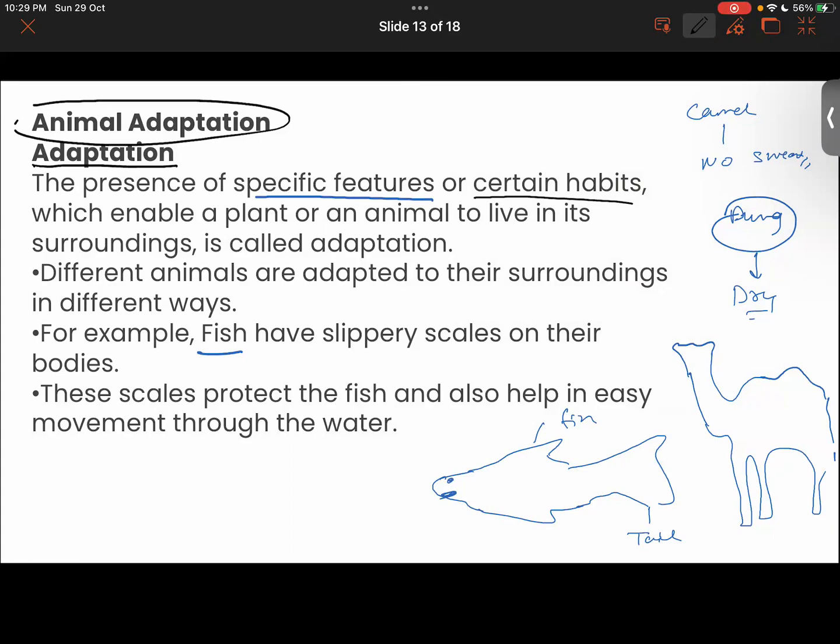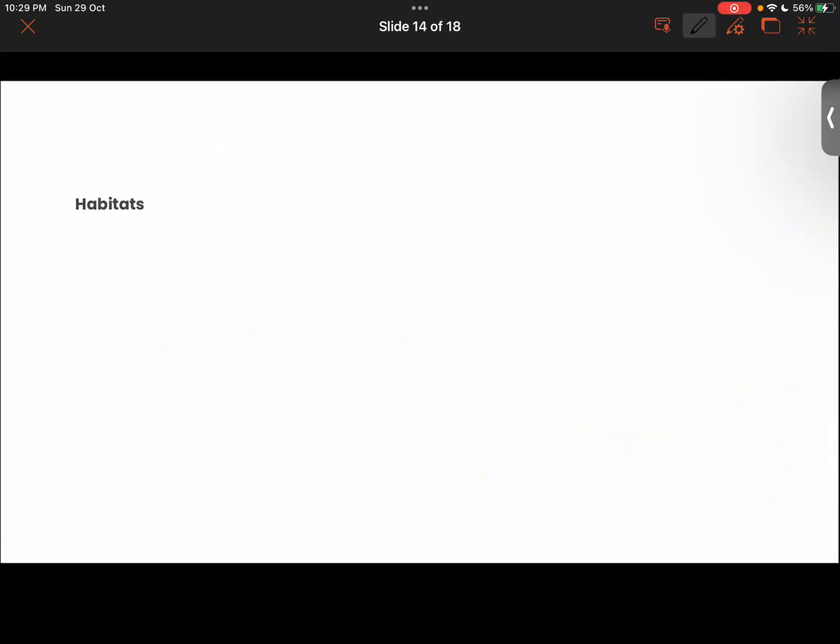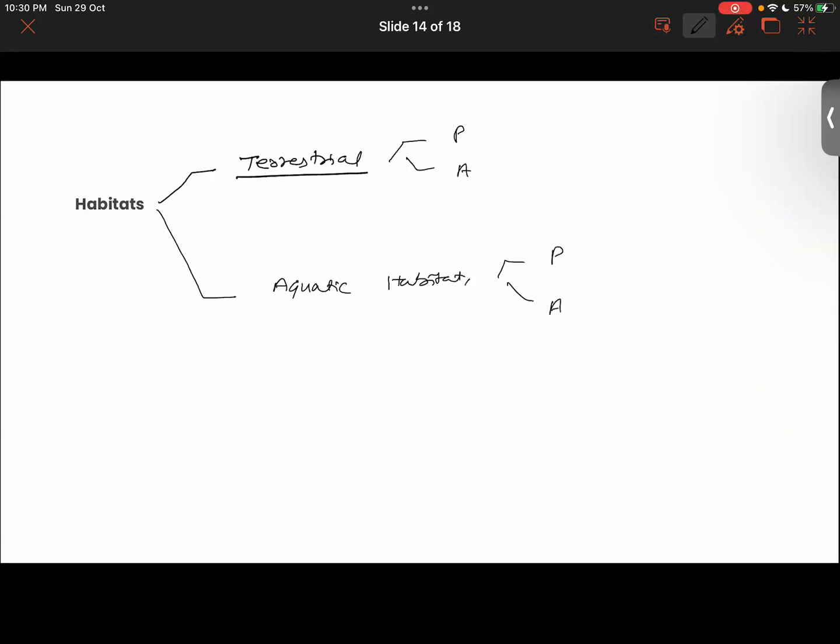All of these things we will be discussing in detail in the next class. In the next class, we'll also be talking about different types of habitats. There are terrestrial habitats, the animals and life forms that are living on the land, both plant and animal. Later on we will be talking about habitats under the water body, that is the aquatic habitat, where aquatic plants and animals are surviving, how they take up